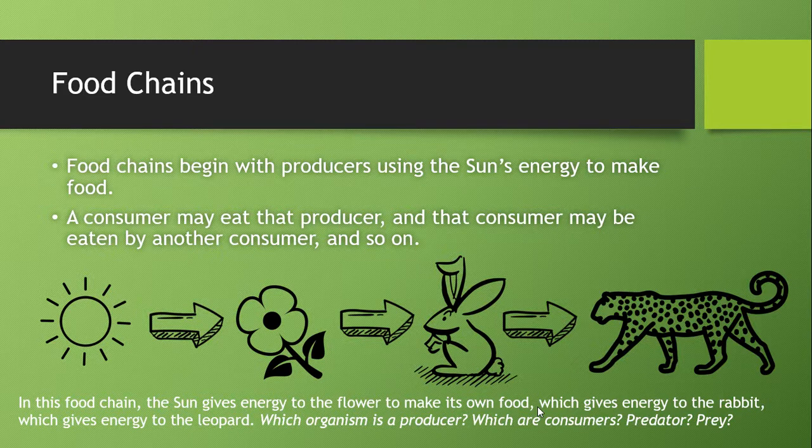Don't forget about our jaguar at the end. He's a predator. He is going to hunt that poor bunny rabbit down, and then he's going to eat him. The energy that the jaguar gets when he eats the bunny rabbit will be part of the food chain. That's why the arrow is showing going from the bunny rabbit to the jaguar. The bunny rabbit will give energy to the jaguar.